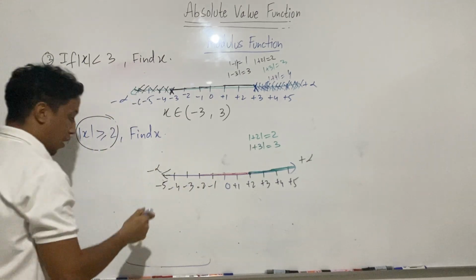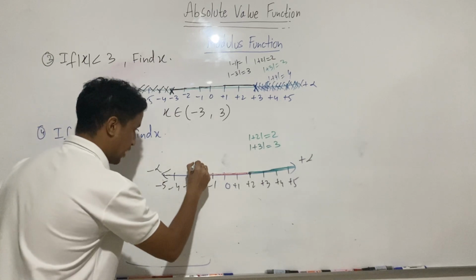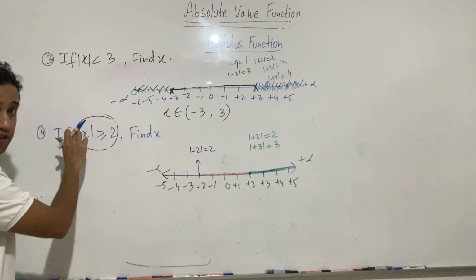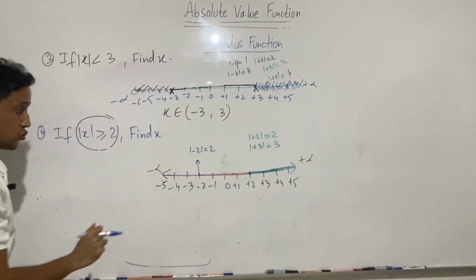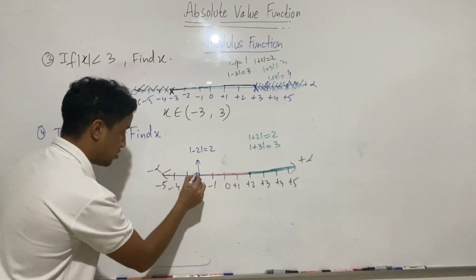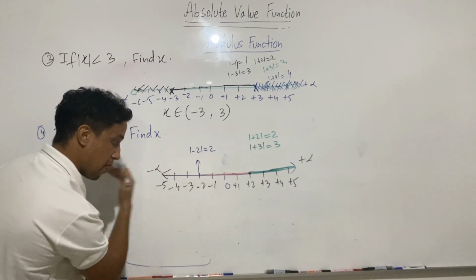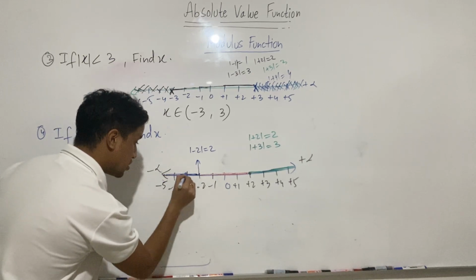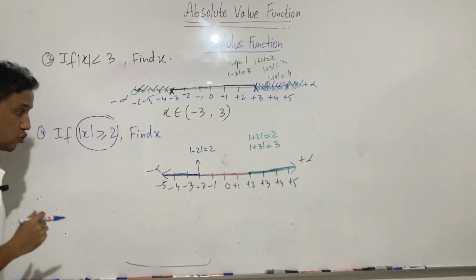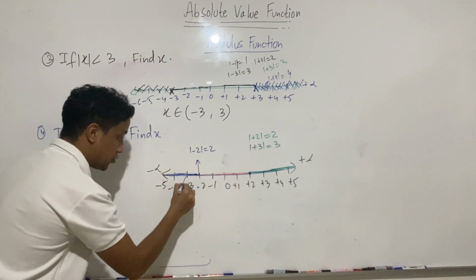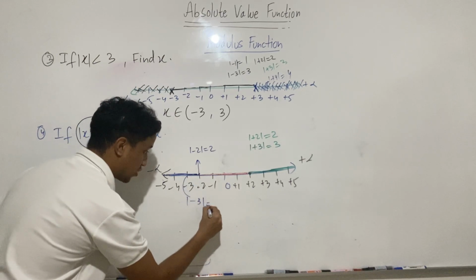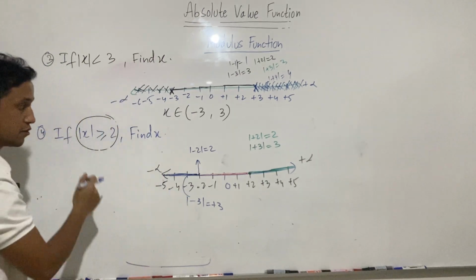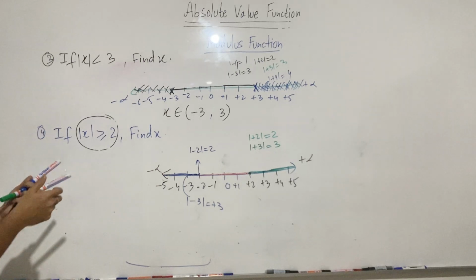-2, now see here, for this -2, it's 2. So it satisfies modulus of x greater than or equal to 2. So it's going to be part of the domain. And as you move further left of -2, all these numbers are going to be part of the domain. If you take the modulus function of -3, it's going to be +3, satisfies. -4, 4 satisfies. -5, 5 satisfies. So what's going to be the